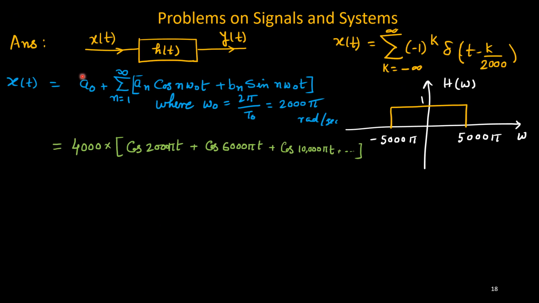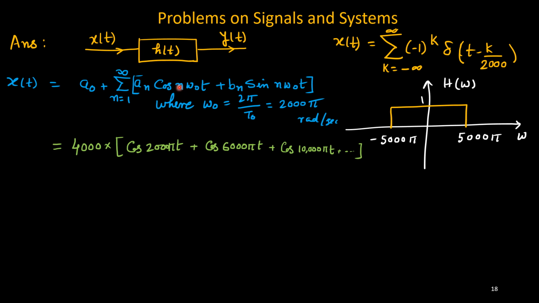So x(t): a0 is 0, b0 is 0, and this is an cos(n omega naught t). An I have said for even n it is 0, for odd n it is 4 upon pi n. Here 4 upon pi is constant for every n, every even and odd n, right? So that 4 upon pi I will take outside,